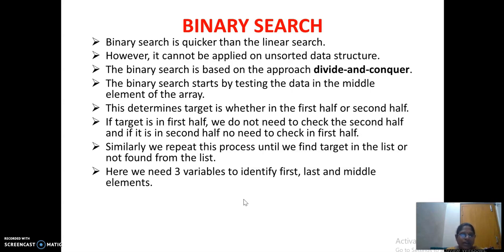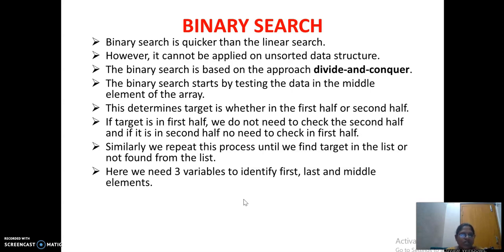Again you will take the first element and the last element. Again you will find out the middle element. Now you will compare that with the middle element of the second half. If that is equal, you will write it. If again that is less, second half, first part, or else second half, second part you will search. In that way, you will repeat the process.